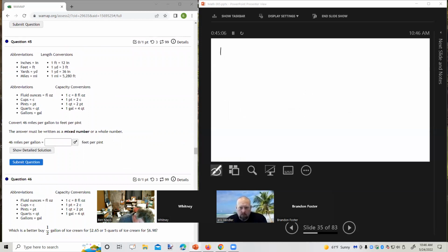45. Convert 46 miles per gallon to feet per pint. 46 miles per gallon to feet per pint. So on top, we're going to go from miles directly to feet. On the bottom, we're going to go from gallons to quarts to pints. Okay. So